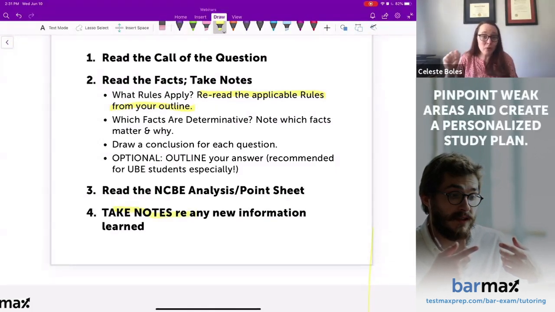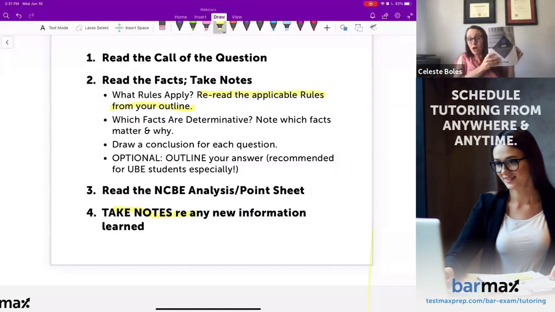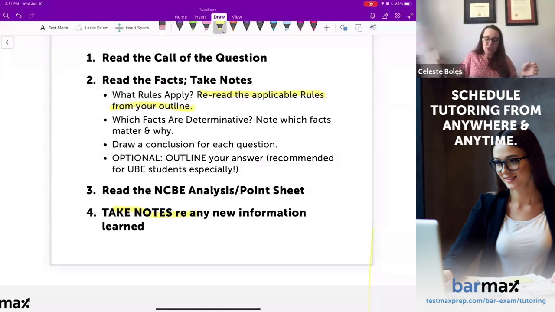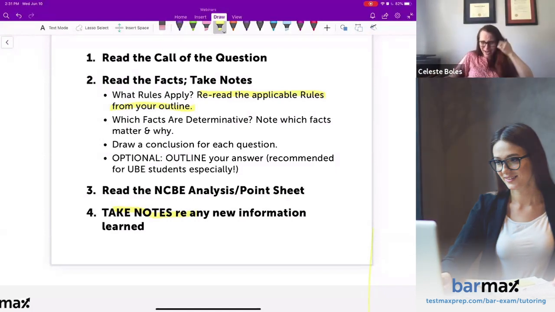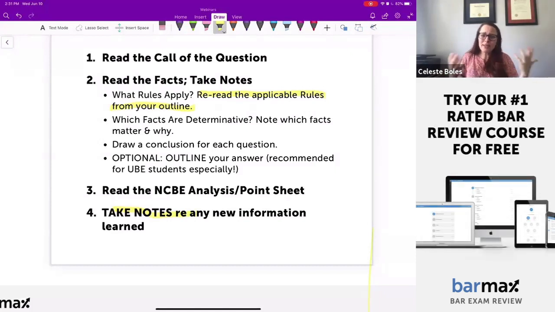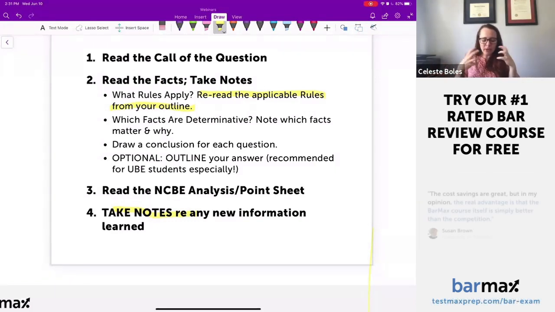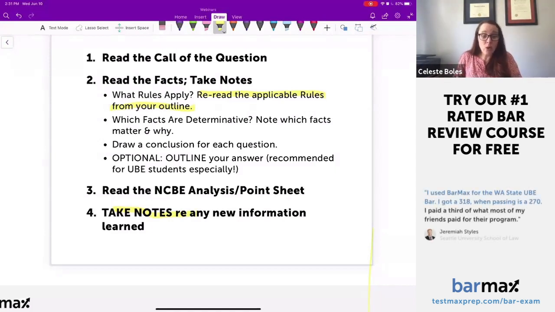Now, if you keep a notebook with your own rewrite of the outline, which some people do, or if you scribble all over your paper outline, which some people do, or if you just have some massive stack of flashcards and you're going to add something to it, you may not be at that point of your study, that's okay. But if you are, whatever format you want to put down where you can remember it, anything new you learned from the problem. So I just walked you through how I would do that with the February 2014